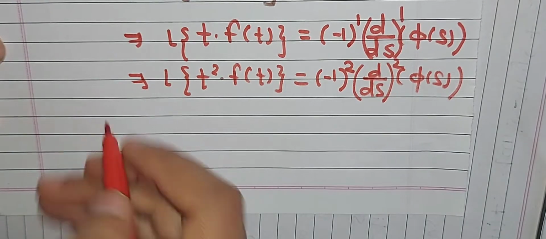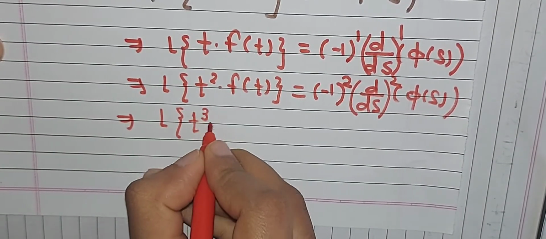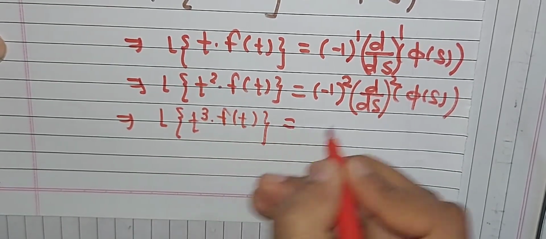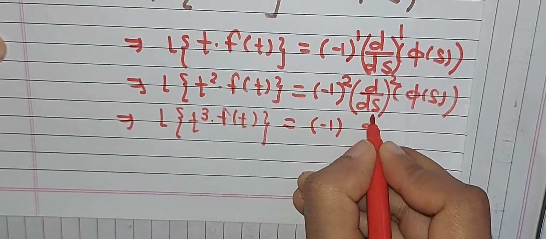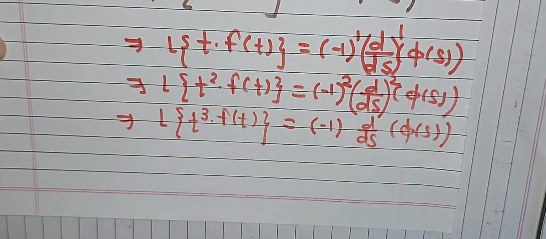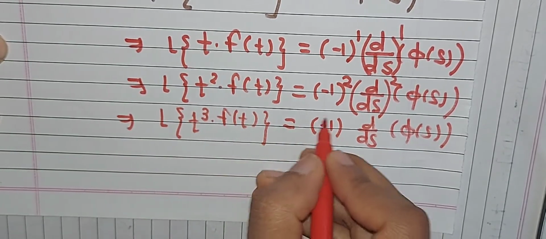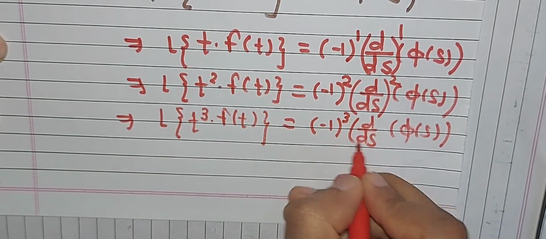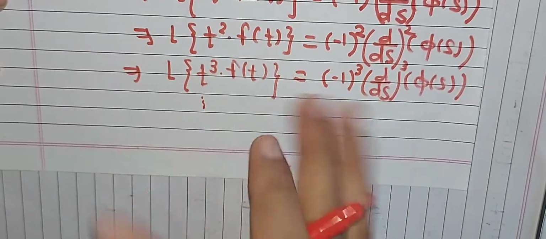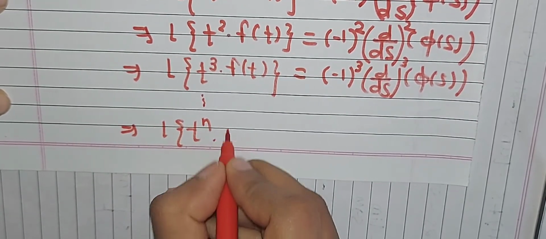Similarly we can obtain the third equation, that is Laplace of t raised to 3 into f of t. Then we can write this minus 1 as it is, d by ds as it is, into phi of s as it is. There will be only change here, that is we have t raised to power 3, then we can write minus 1 raised to 3 and d by ds raised to 3. And so on. When we find Laplace of t raised to n into f of t,